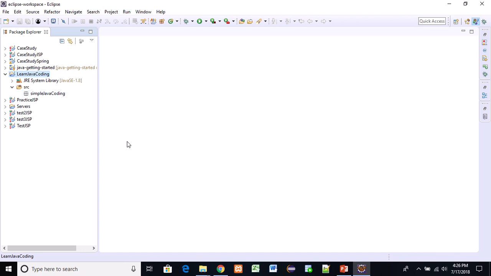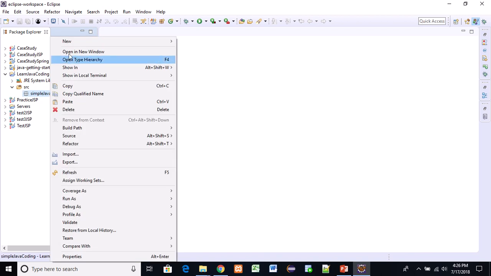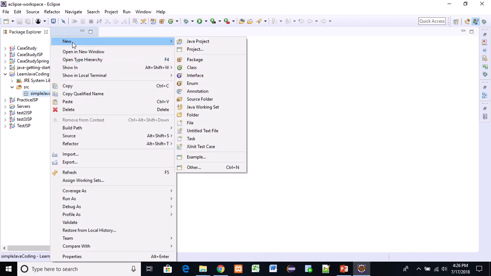Next thing I want to do is now I want to create my Java program. To create the Java program, you select the package that you want to put your program in. So right now I only have one package that I've created. I'm gonna put it in that package. I'm gonna right click on my simple Java coding package, click new, and I want to create a Java program, which is a class. So I'm gonna pick class,